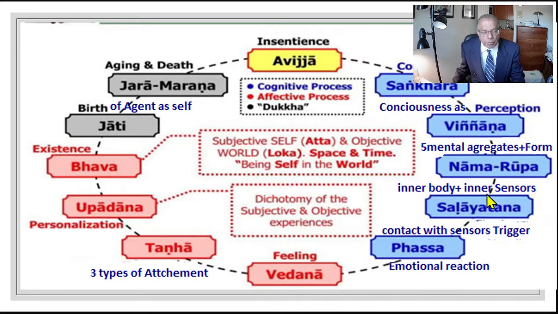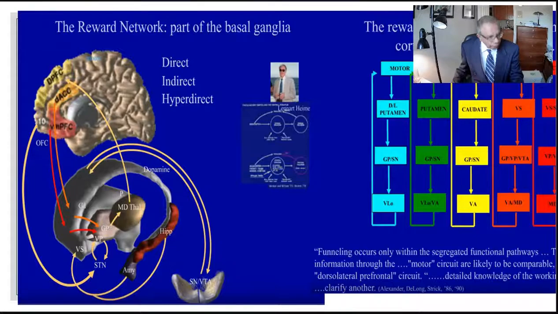The images come to be. Every experience we create, there is a death and birth of salayatana also. And that birth is aging and death that take place to that person, and that is what jara and marana is. So I want to pay attention to this conclusion here. He has divided the emotional component, the cognitive component, the cognitive affective, and that leads to dukkha, meaning the motor component. Now I am attaching that to the human brain.